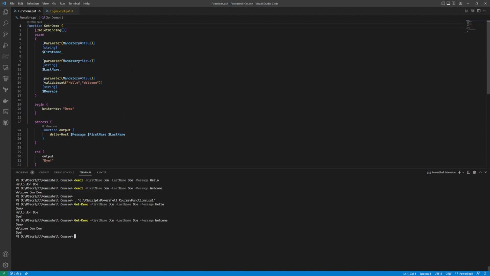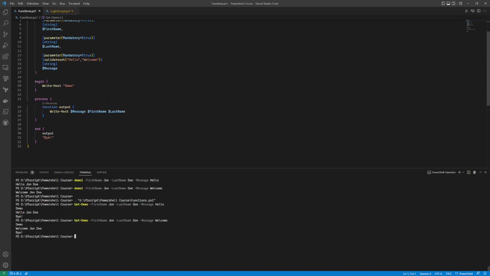So that's a basic overview of functions and how you can use them. Here you can do a lot of things. You can, for example, ping some hosts, remove files, create new files. Whatever you want to do, you do in here. In not function, I mean the process section. Whatever you want to do, do it in here. Why do I make a function for it? Well, best practice in programming in general is to declare everything that is not a single instance. What I mean by that is if you have to reuse something or use it over and over,